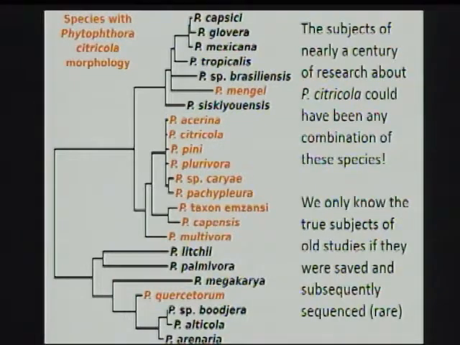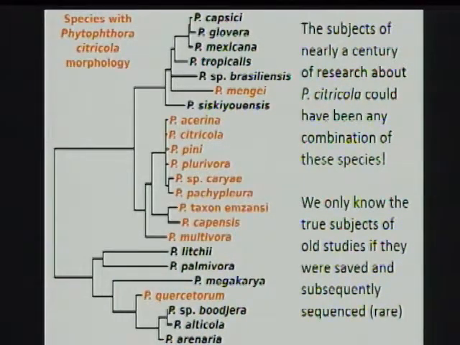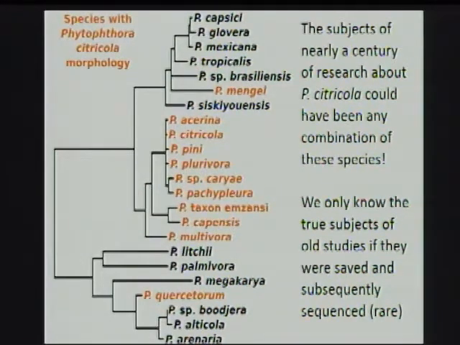So we have nearly a century of research about Phytophthora citricola, and it's almost impossible to properly interpret it. The only real way to do it in this current context is if the people who did those studies in the past saved their strains of Phytophthora, and they have subsequently been sequenced, and we can put one of these modern names on them. Without it, we really are in a position of not knowing very much at all. And we checked. We're probably a couple decades too old to find the strains from the 70s campus paper.